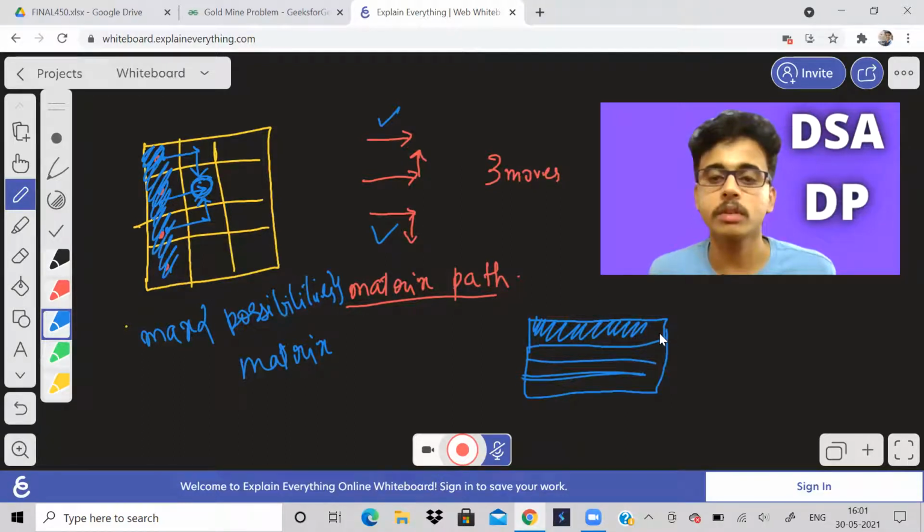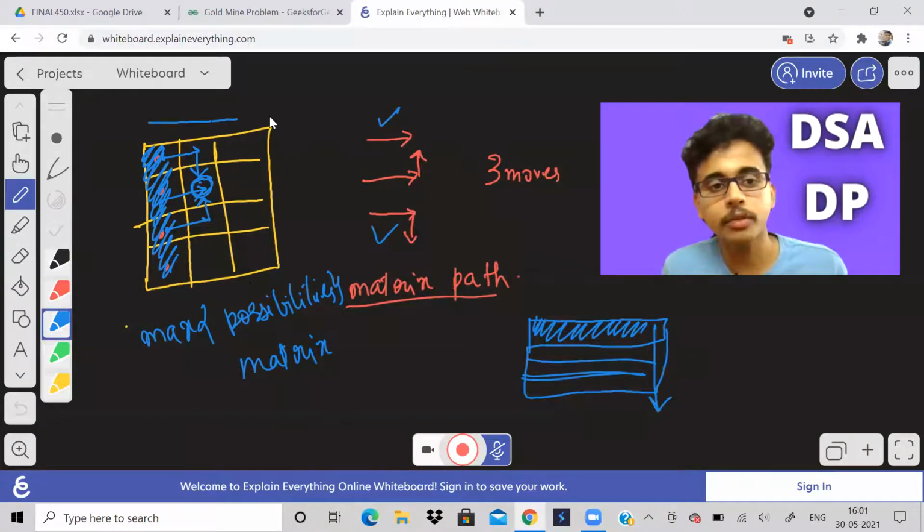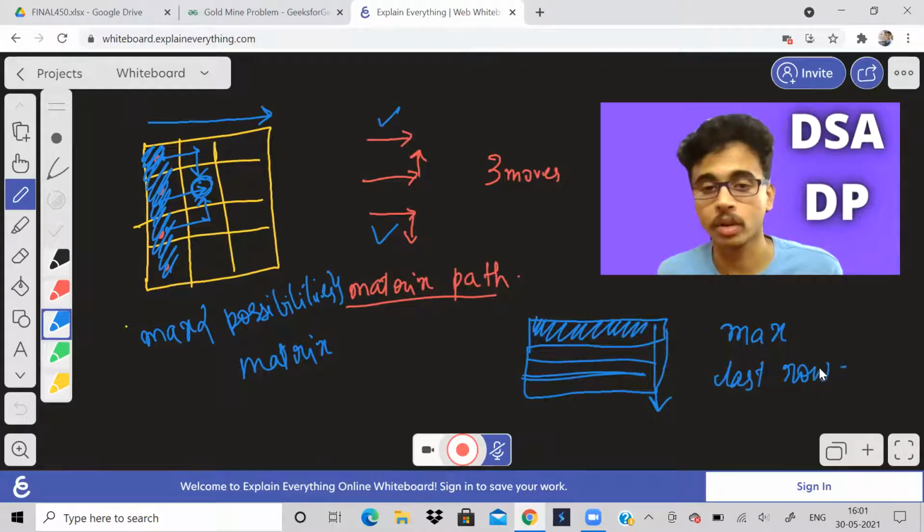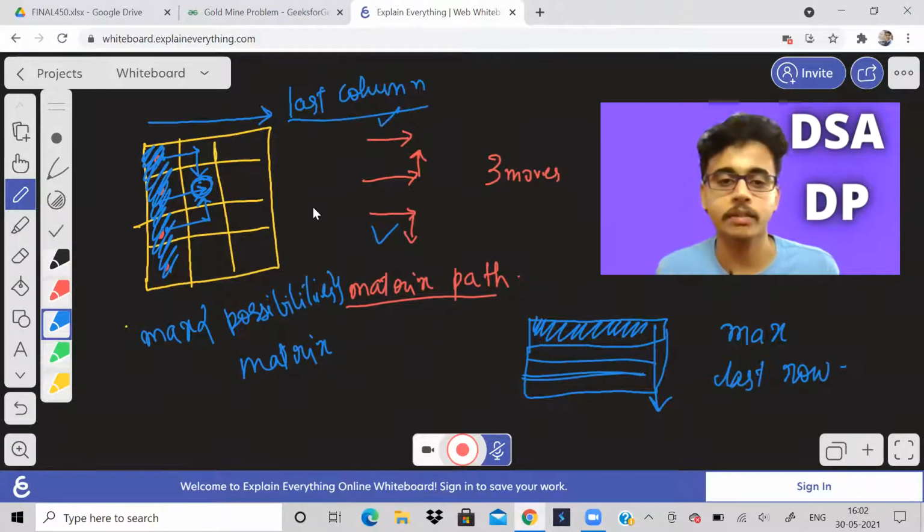The previous problem was to start anywhere from the first row, so we had to go down. Here from left to right we have to check. In the previous video's problem, ultimately we had to find the maximum of all the values in the last row. In this problem, we have to find the maximum of all values in the last column. So that's all. It's almost like a reverse problem.